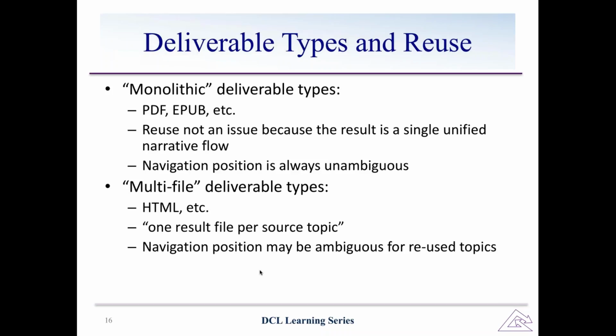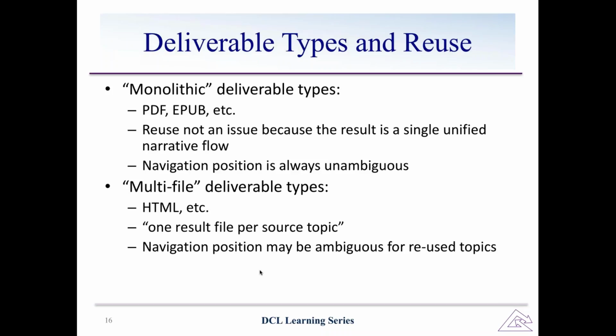And that's, for example, the way that the Open Toolkit HTML transform has worked historically. You put the topics in, you process them to HTML, you get HTML files out that correspond pretty much one-to-one to your source topics. The challenge here is that the navigation position may be ambiguous for reused topics. So if, for example, I have the same topic used twice in the same publication, I either only generate one HTML result file for that,